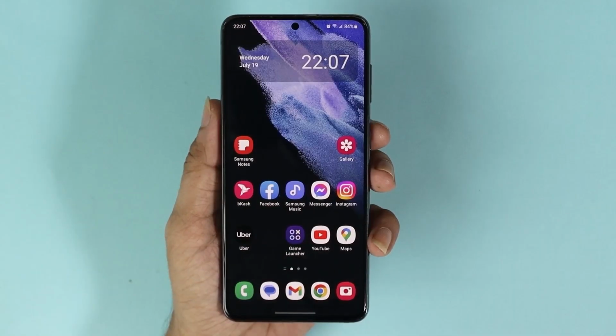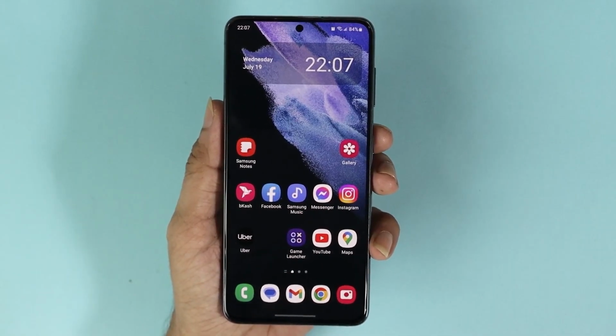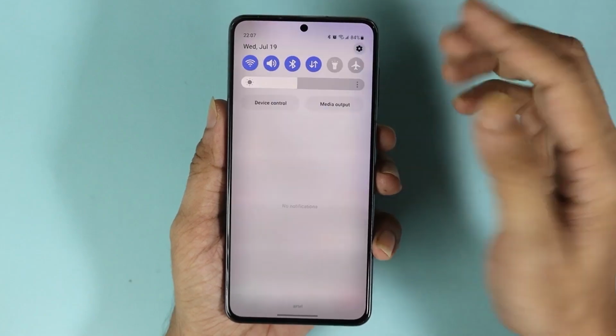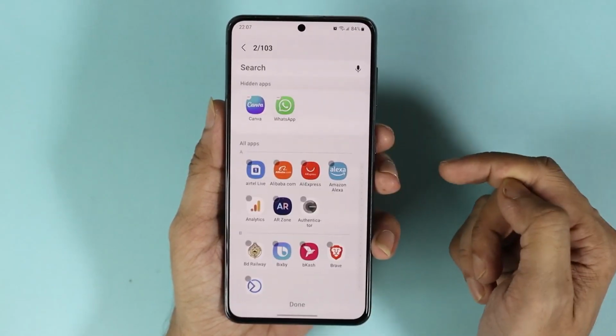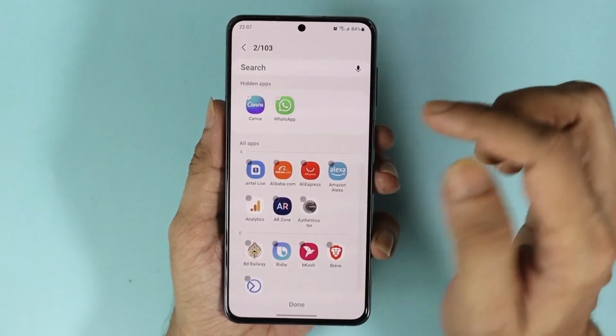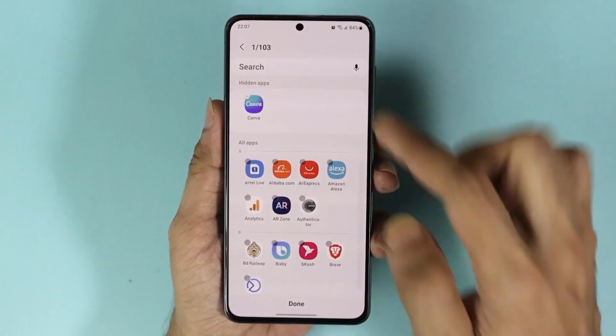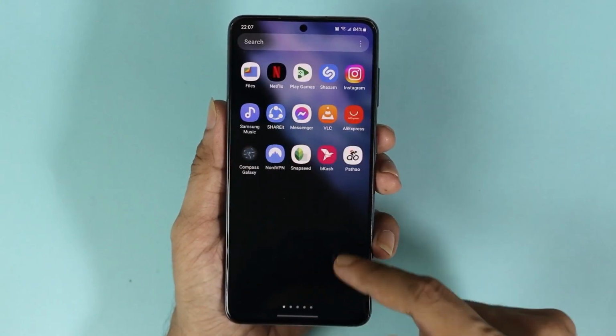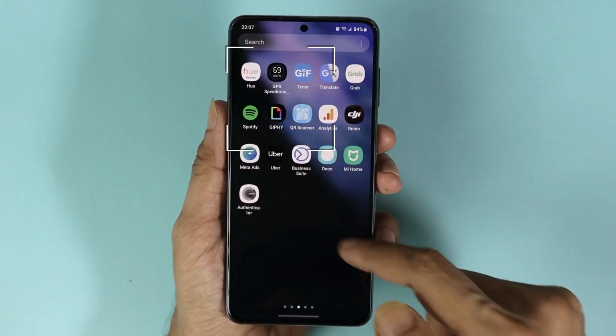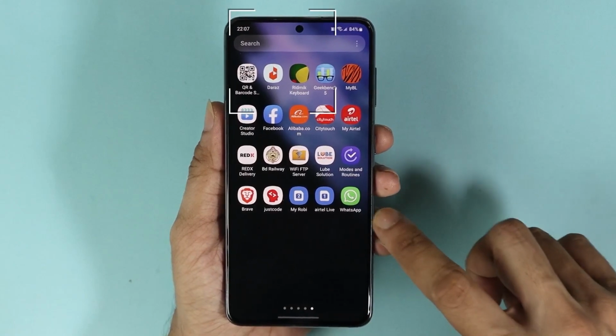here anymore. And now when you need to reuse those applications, just go to your settings again, and then home screen, and then hide apps, and then just remove the application from the hidden apps section, and then tap on done. And now if I go to my app drawer or app screen, WhatsApp is back again, and now I